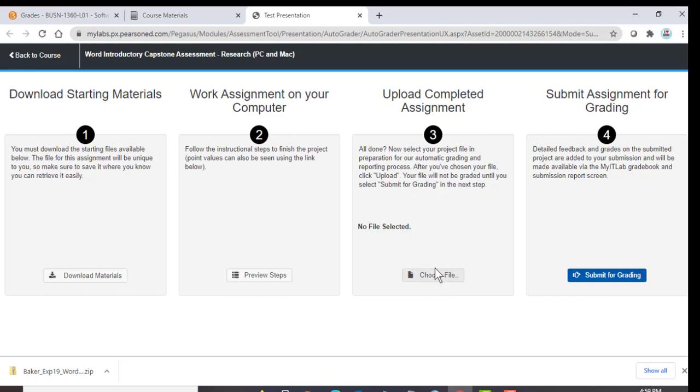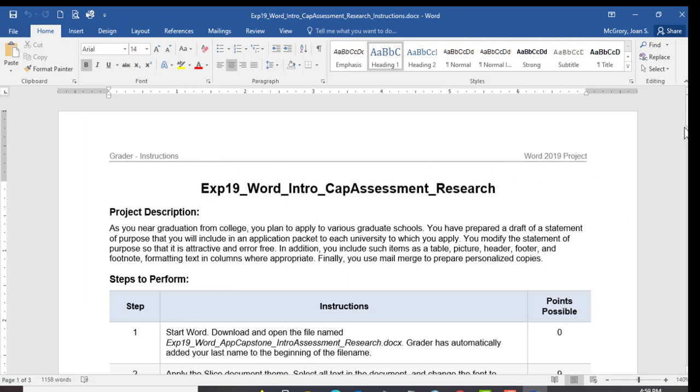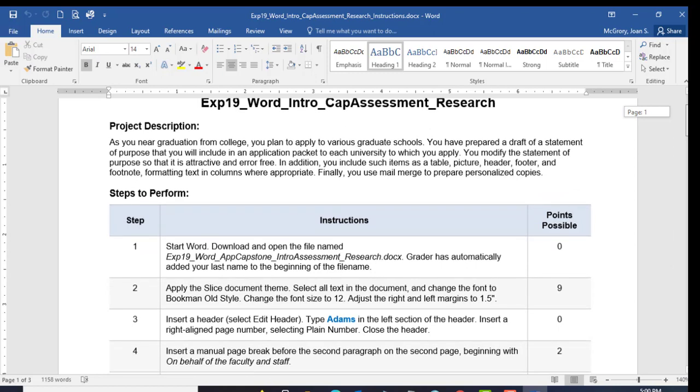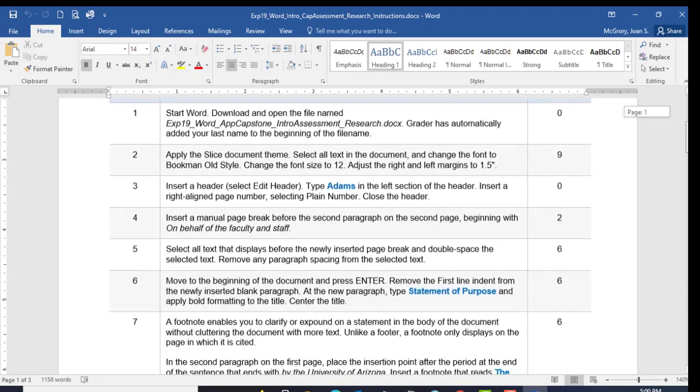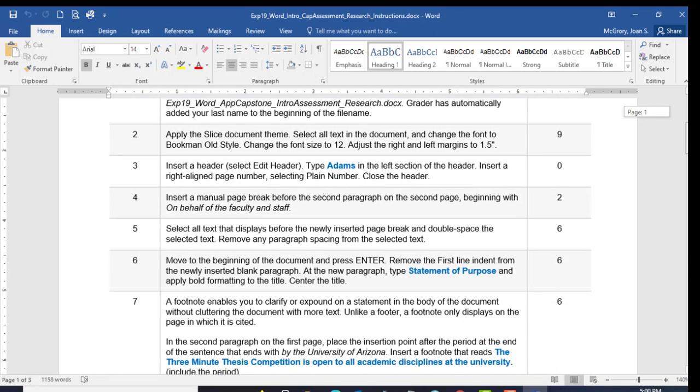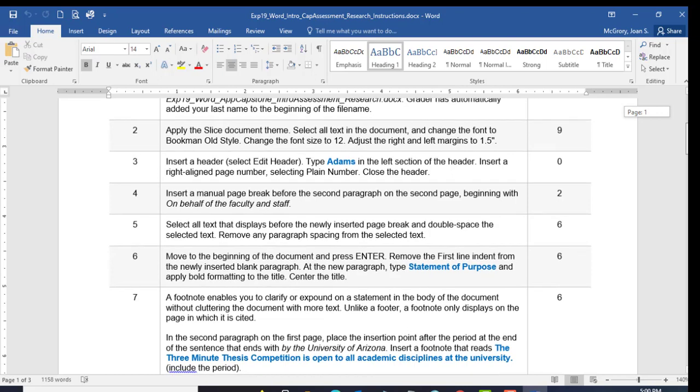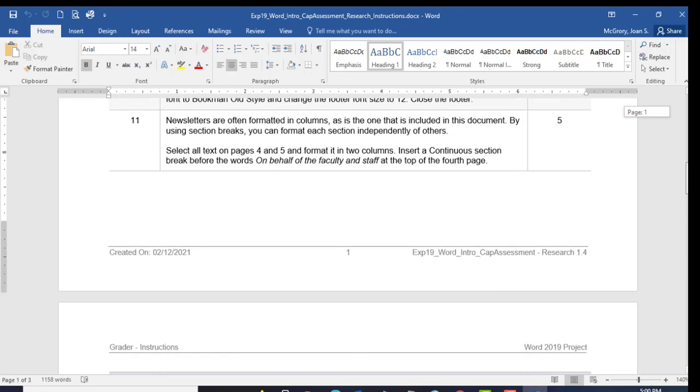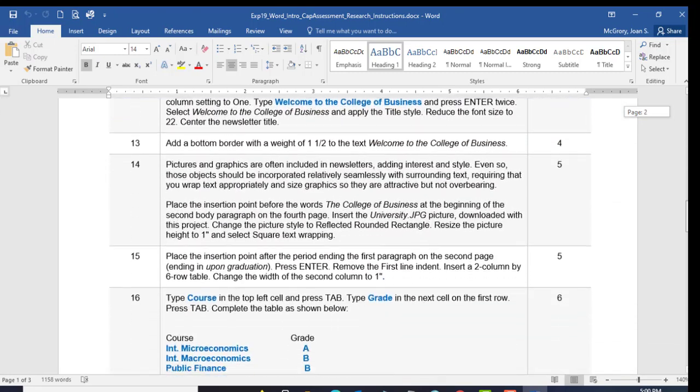Now, there is one thing that I will point out. These are the grader instructions. And what I want to point out is that they're a little bit longer than perhaps the other instructions. I think we've had 14 steps and 10 steps perhaps on the first chapter and maybe a few more here and there. I'm scrolling through,